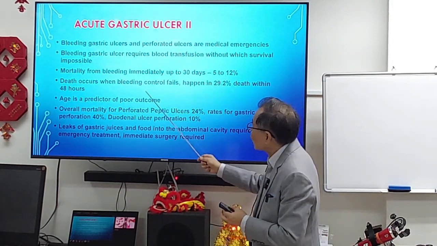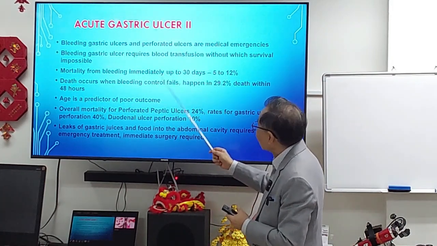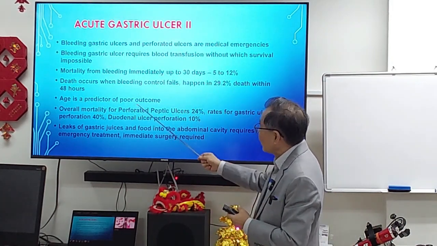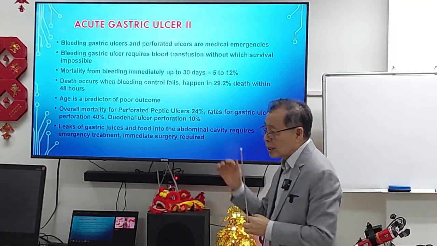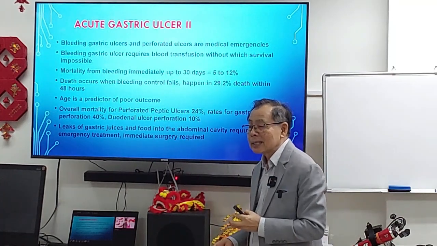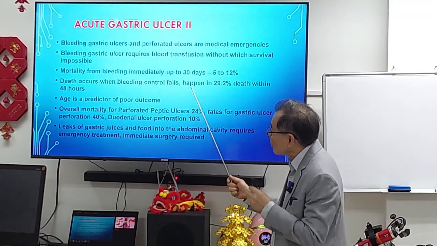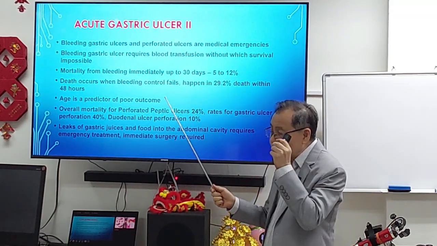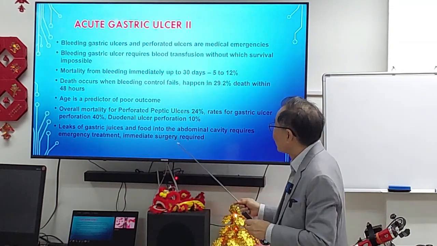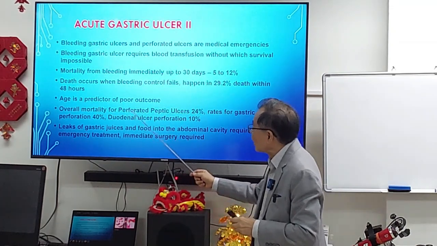So that occurs when bleeding control fails, and that occurs in up to 30%. Age is a predictor. The older you are, the more likely you will not be able to control the bleeding. So overall mortality,